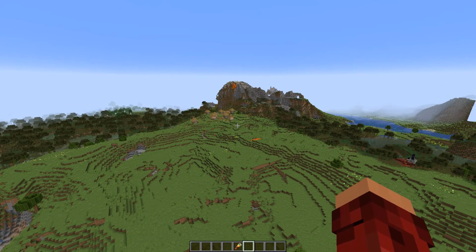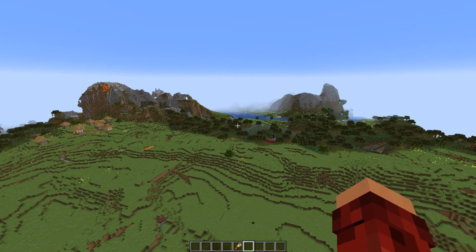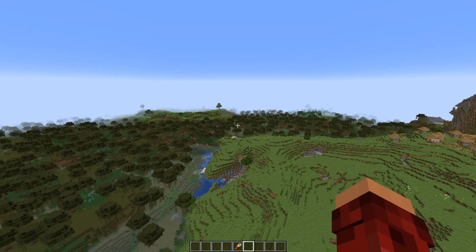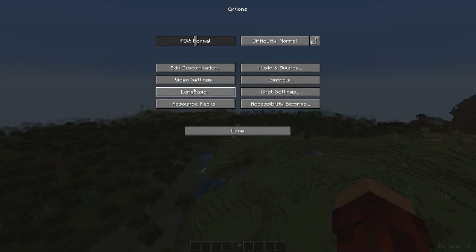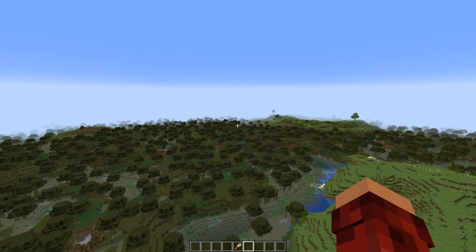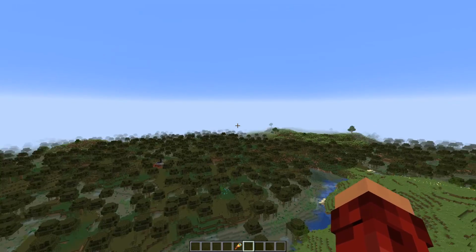And they already had that in the game, but they've included liquids into it. So, and blocks. So basically, right now, my render, let's just check it out. Let's see, options, video settings. My render distance is 28 chunks, and my simulation distance is 12 chunks. So that means that the world around me is generating up to 28 chunks away, and I can see a